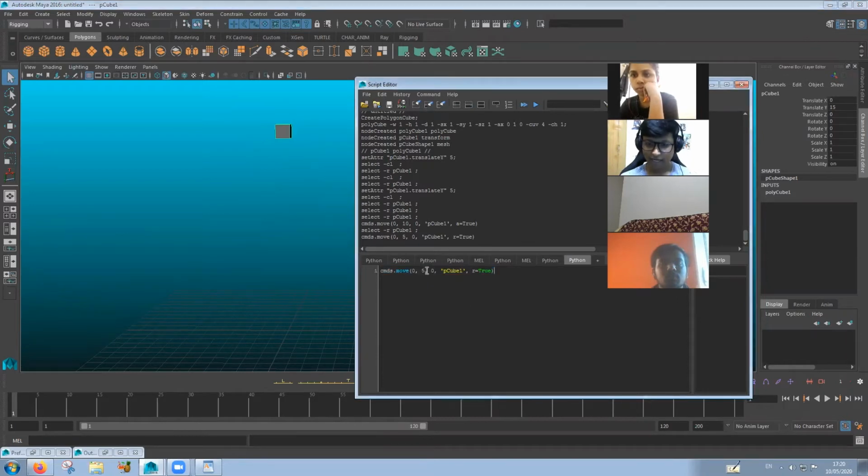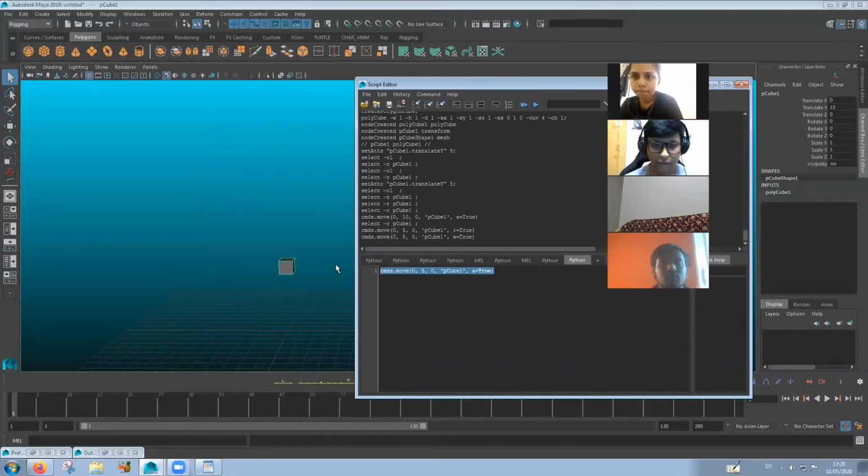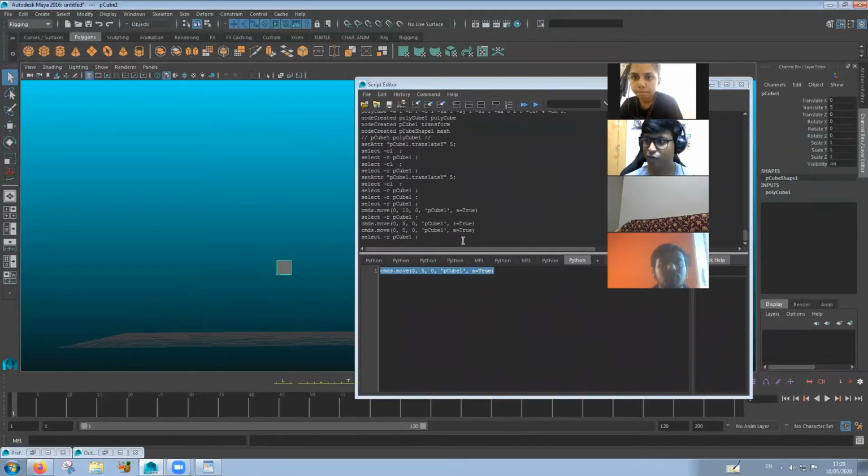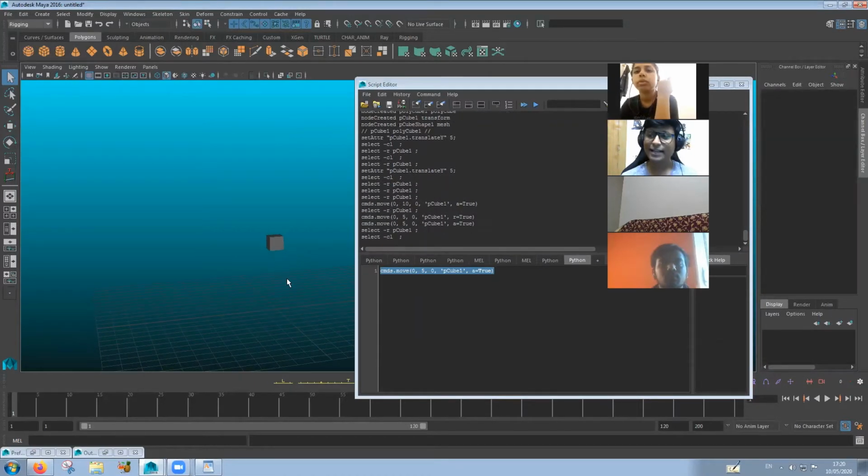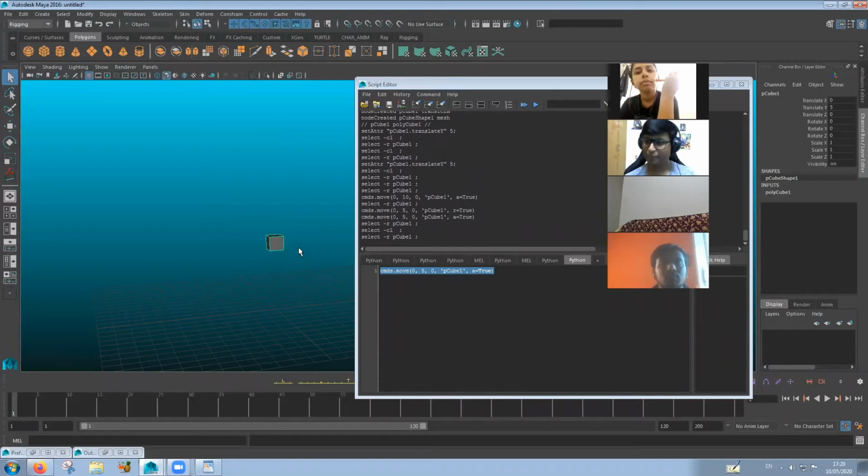But if the 5 was in absolute value, you'll see that the cube will come back to 5 units over here. That is, it starts calculating from the grid. So the distance that it calculates from the grid is usually absolute, unless we tell it otherwise. So how does this work out in rigging?